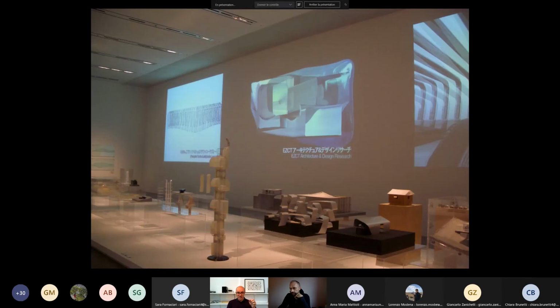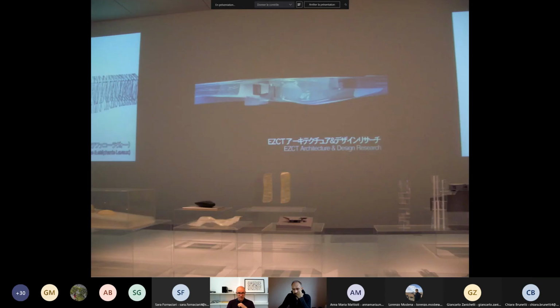We exhibited this in Japan, in an exhibition in Tokyo. And we also presented a couple of projects that were even more ancient than that, but I don't present them today because it would be much too long otherwise. But this project you see here was also a very interesting one.